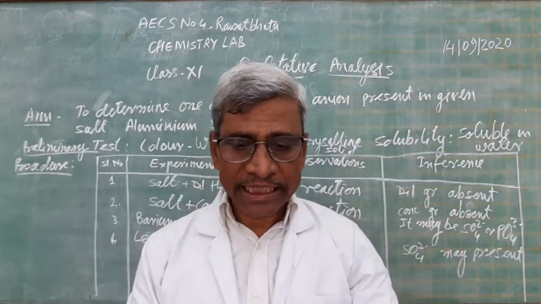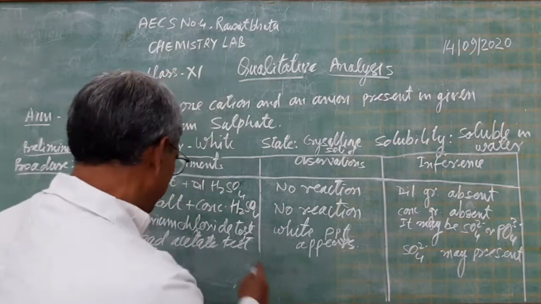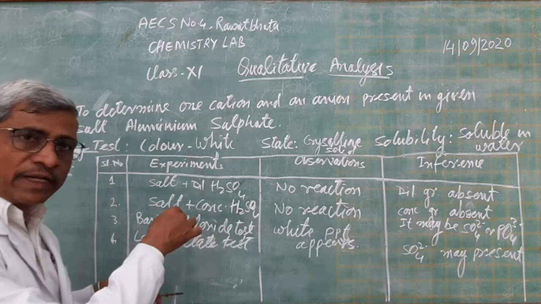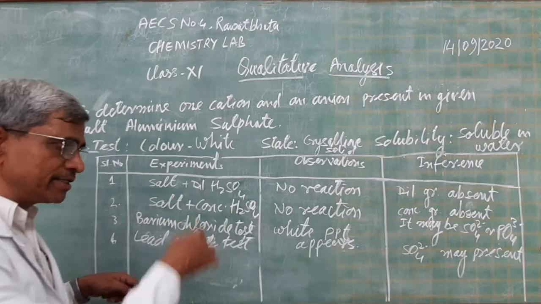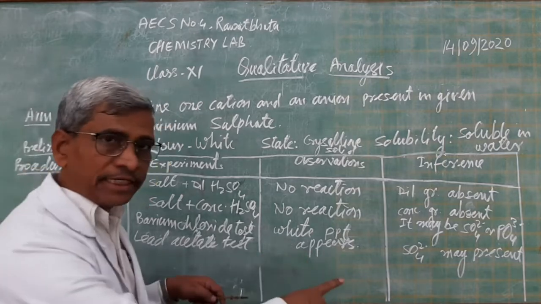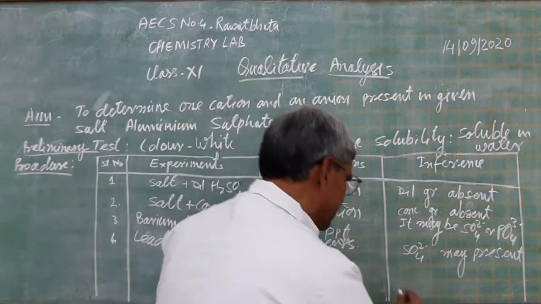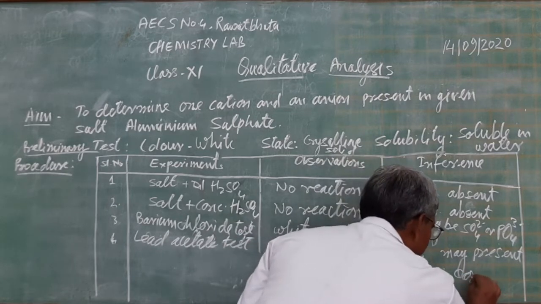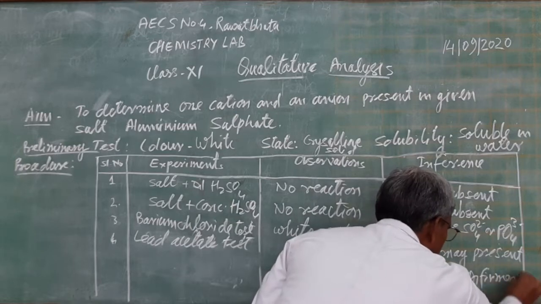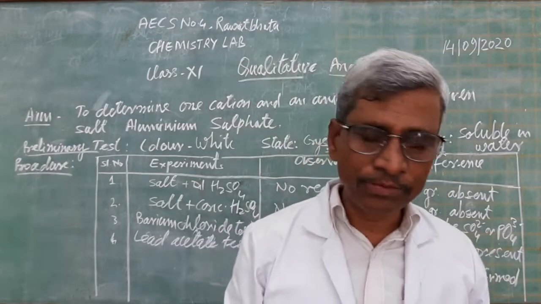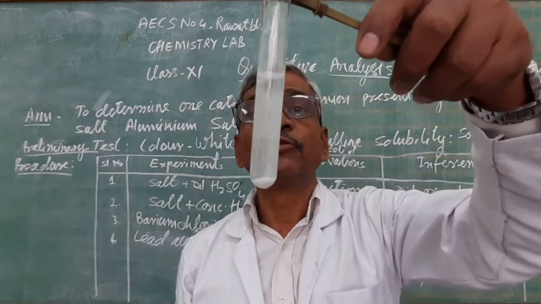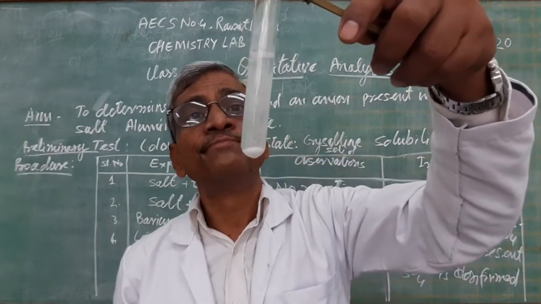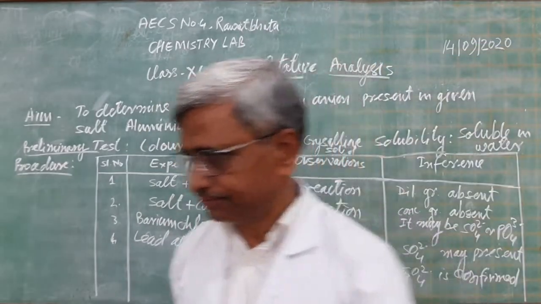Okay? So in this way, we are confirmed. Here is the lead acetate test: in the same way, take the aqueous solution, acidify with dilute acetic acid and add lead acetate solution. Again we get a white precipitate and the inference is that sulfate, SO4 2-, is confirmed. Sulfate anion is confirmed in the salt. See that the solution is quite colorless and the precipitation is almost complete. So this is the confirmation of the sulfate.